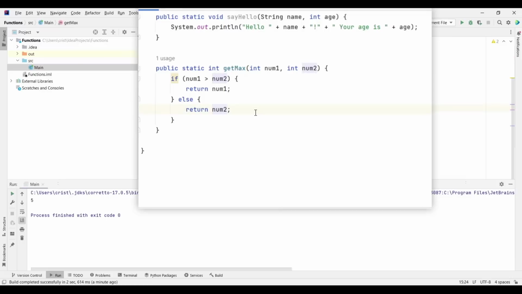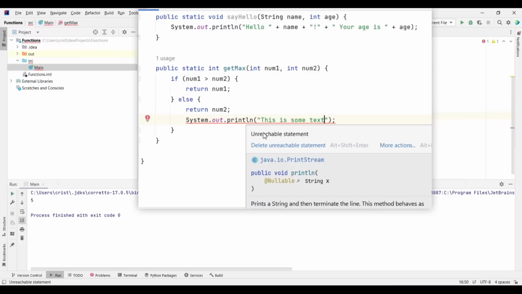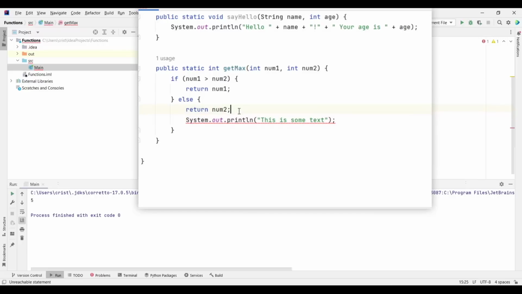So if I try to put some code below our return, let's say SOUT, this is some text, we have this underline, then it says unreachable code, delete unreachable statement, because when you tell the function to return something, at that point it leaves the function and it's not executing any line of code which comes below the return statement. So this is very important to have in mind.